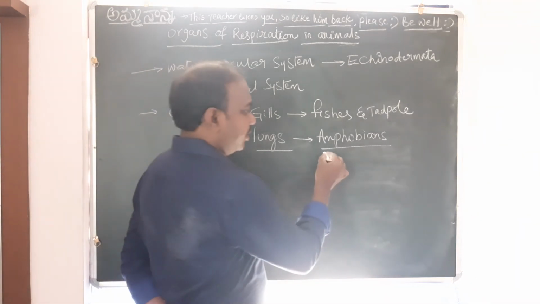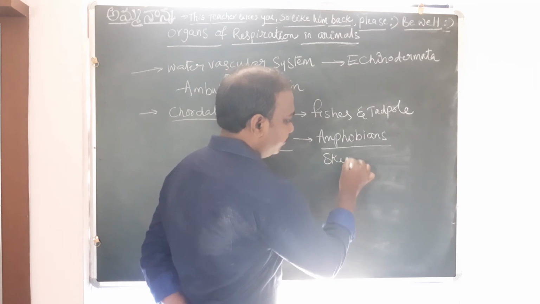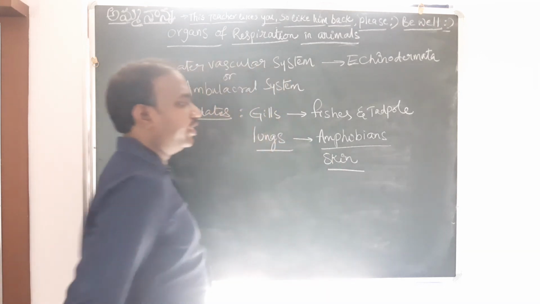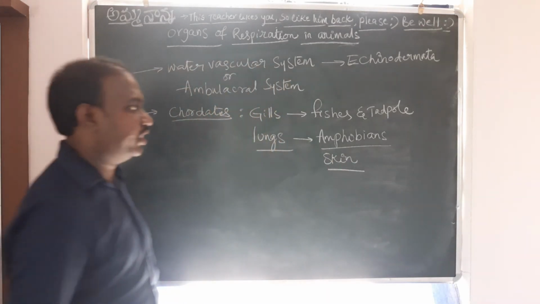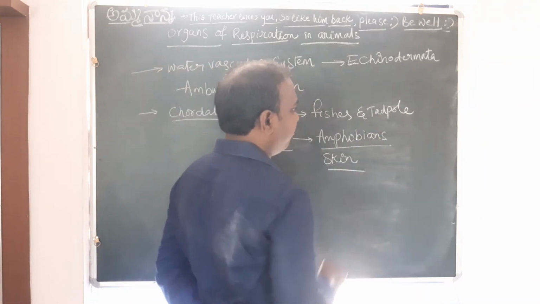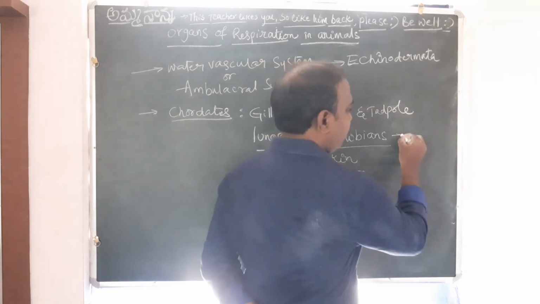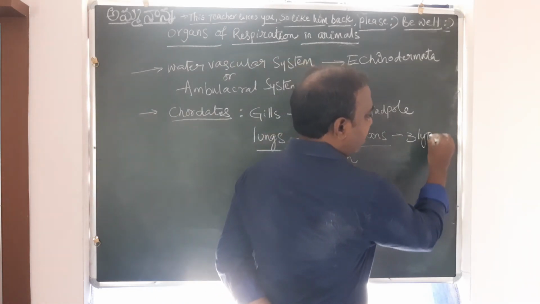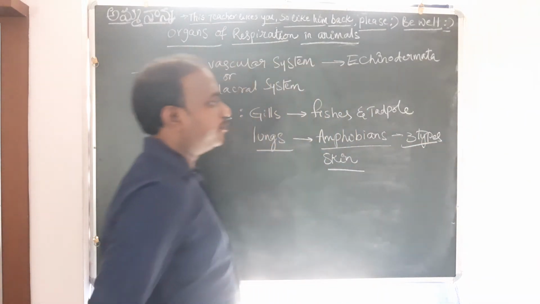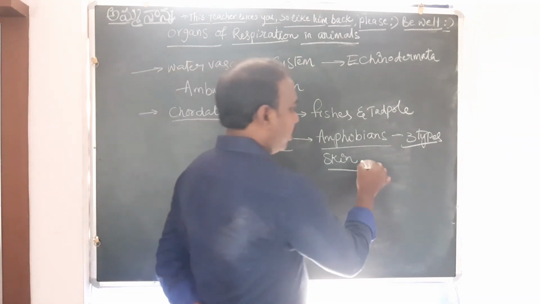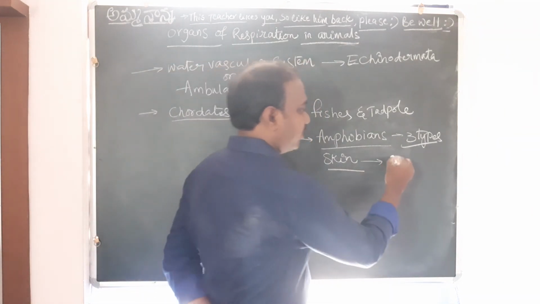Some of the amphibians will use skin. Cutaneous respiration you would also see here. In amphibia, you are seeing three kinds of respiration. One is respiration by skin, which is cutaneous,